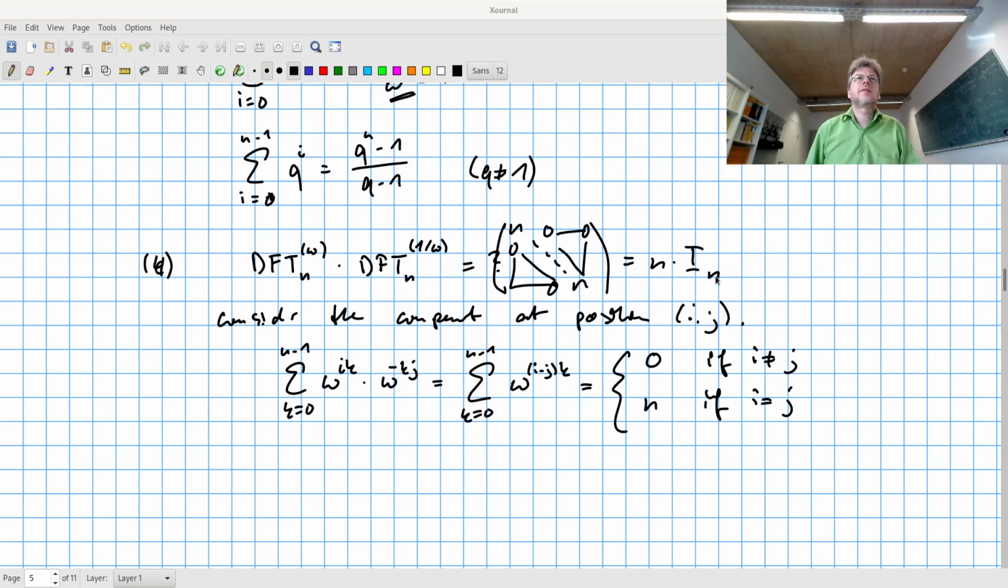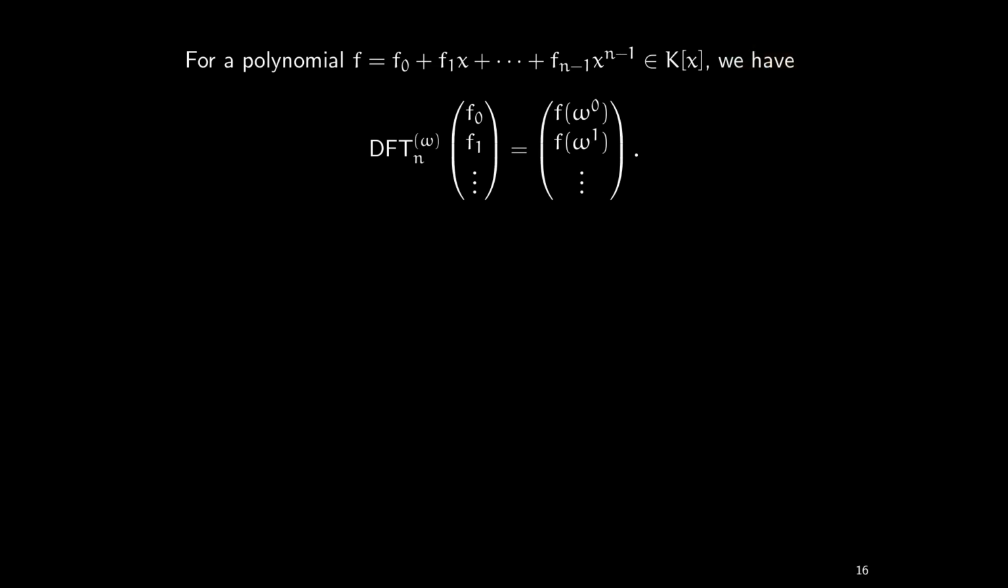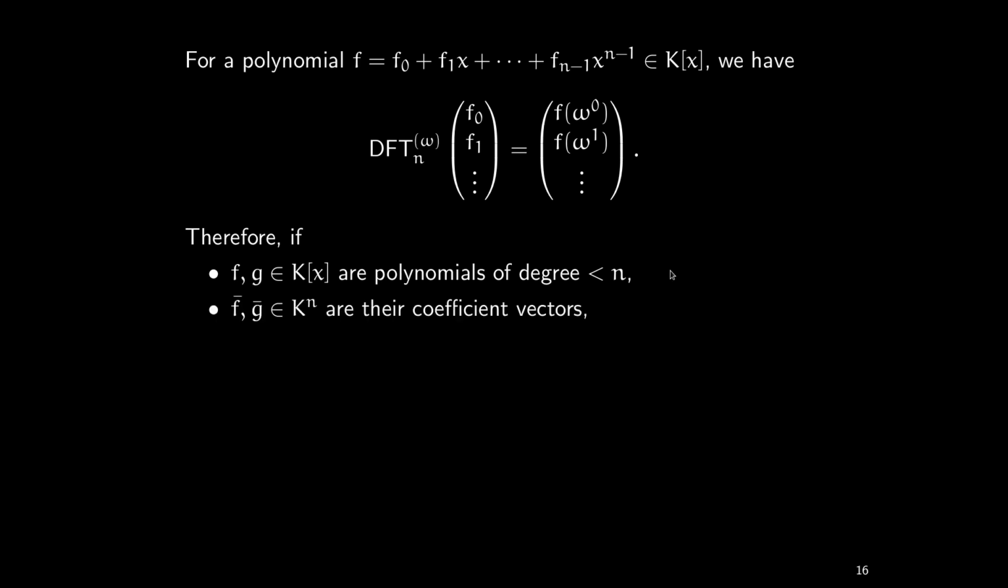Okay, so now let's see how we can use this. I have already remarked that the DFT is a special evaluation matrix. It turns coefficient vectors into value vectors, where the evaluation points are the roots of unity. And this means that if you have any two polynomials of degree at most n,